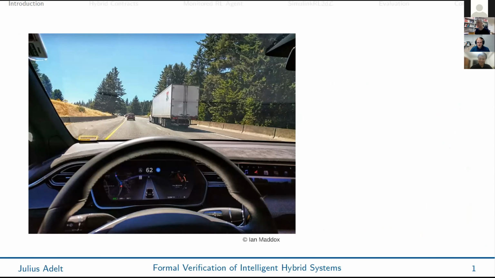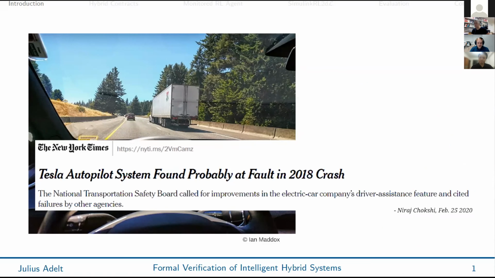Intelligent hybrid systems are systems that combine discrete and continuous behavior, for example, discrete control decisions with continuous movement. And intelligent hybrid systems also use machine learning, for example, reinforcement learning, where intelligent components learn through interaction with their environment. These systems are increasingly being applied to more and more complex scenarios, like, for example, autonomous driving. And while they may be powerful, they are also safety critical, and failures can have catastrophic consequences, such as the loss of human lives. And because of the safety criticalness, it is important to verify their safe behavior.